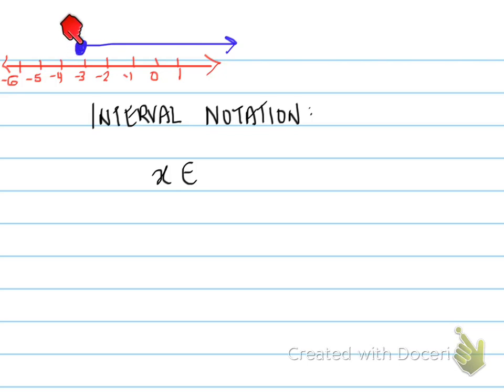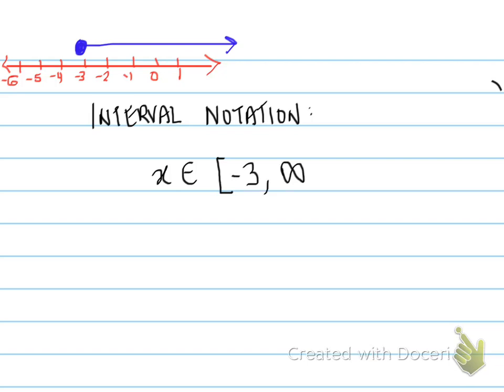From the leftmost side, it is at -3. The rightmost side has an arrow. This arrow means it is going on forever. What number represents forever? That is the infinity sign. So x belongs to,